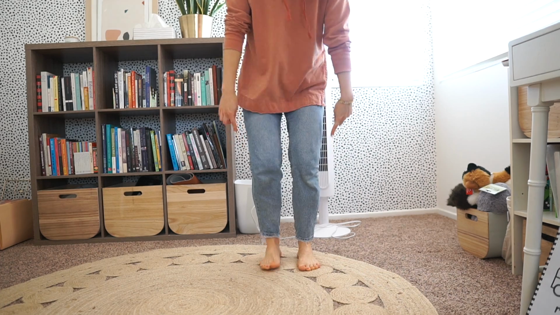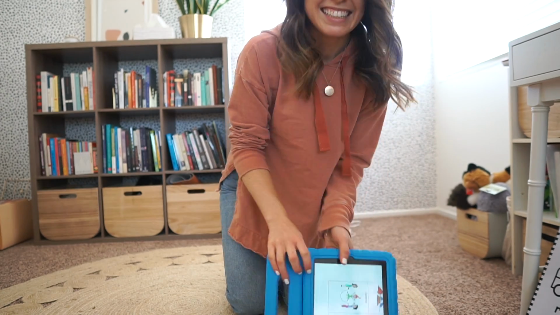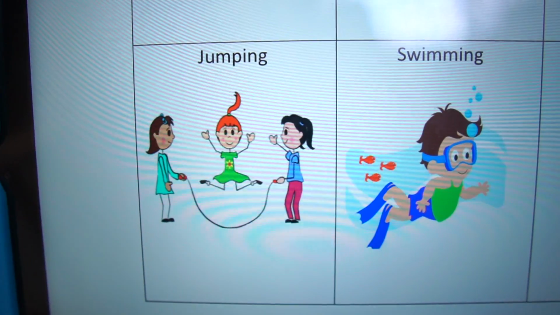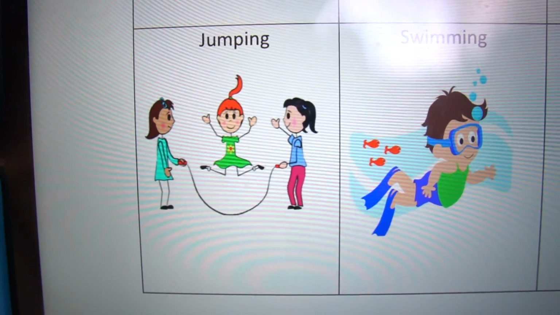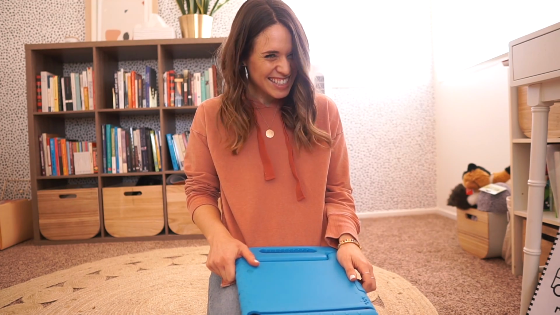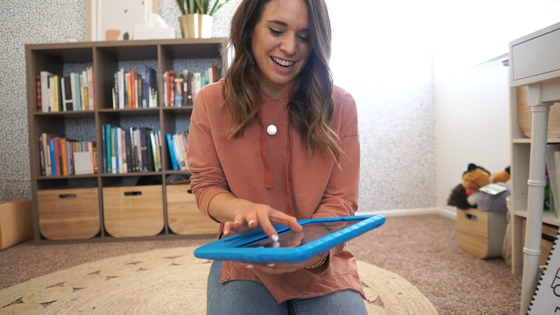All right, we're gonna do one more. I'm gonna just stand up for this one. You ready? You can see my feet. Ready? What was I doing? What am I doing? Oops, was I swimming or jumping? Swimming or jumping? I was jumping. That was so fun. All right, good job. With this activity, you can take those cards and do exactly what I did,